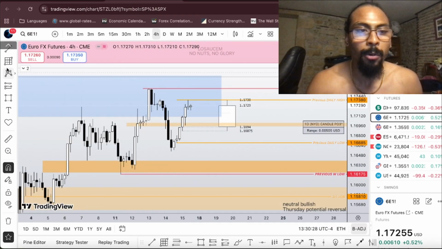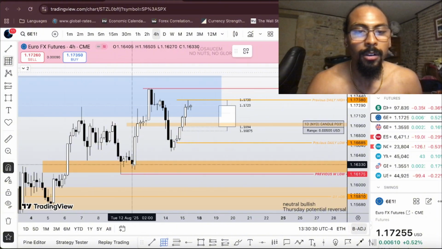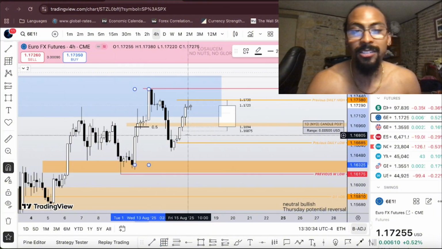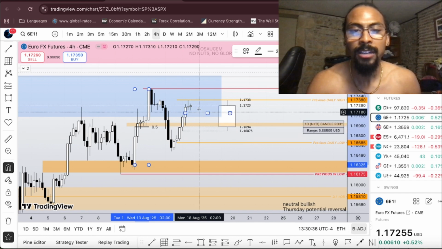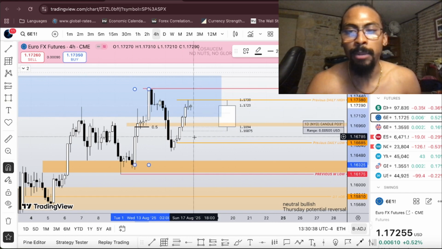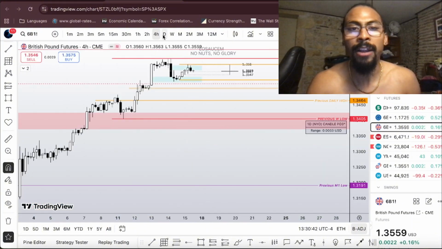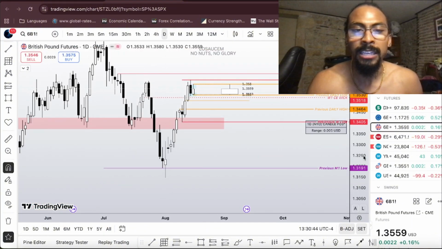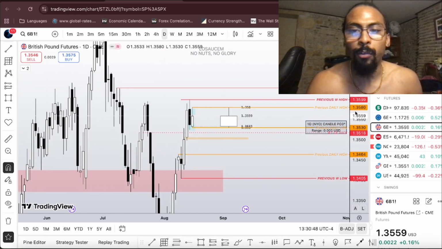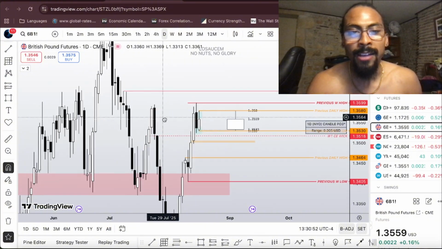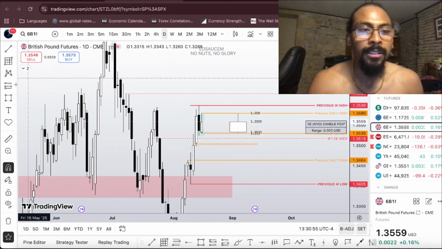If I measure out from this low and get the bodies to this high, equilibrium is down here, so price does drop down into here. I would rather see that first to start off with that weekly open, come down, Judas swing down first, and then start going higher. Same thing with GU. GU should be the better buy out of EU, and we should start attacking this high. So that's what I'm looking for. If dollar's going to be bearish, then I'm bullish on every other asset to start getting up into these highs.